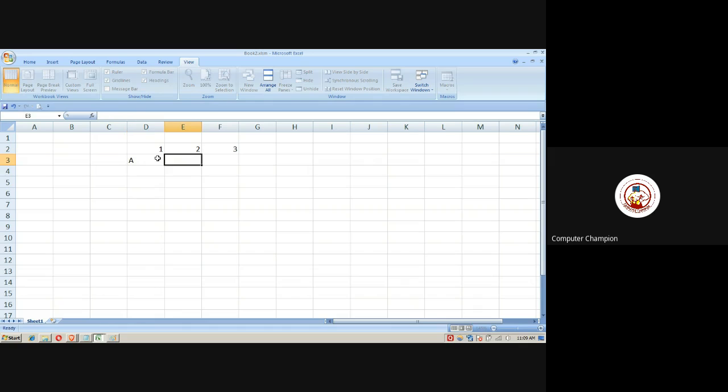If I have A and B here, can I do A plus B? No. Why? If I can do 1 plus 2, why cannot I do A plus B? Because it's not numeric. Yes. So for that, I have to use AND.